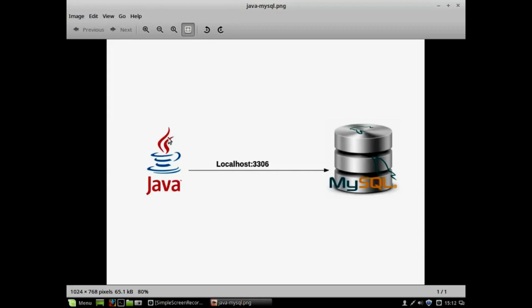Expecting that Java and MySQL are available on our own machine, we can do this experiment. I'll write a simple Java program which connects to the database using database credentials, username and password. After connecting to MySQL, your Java program will send some SQL instructions to MySQL, like an insertion statement or a create statement.